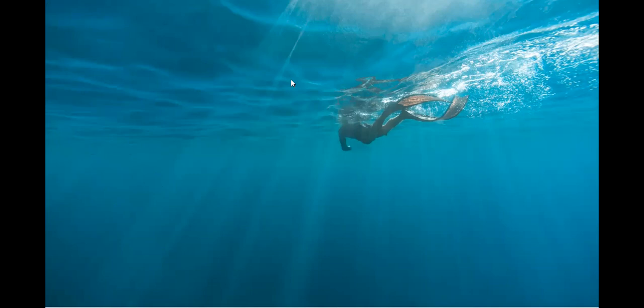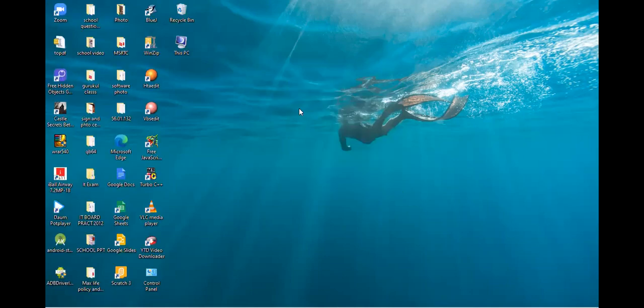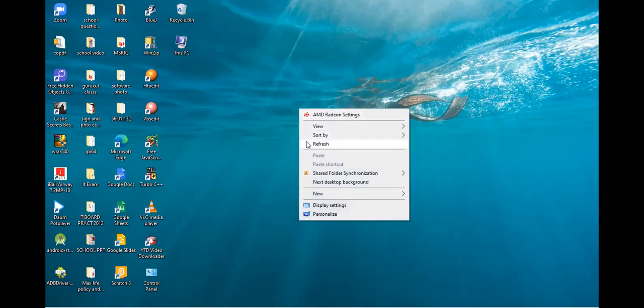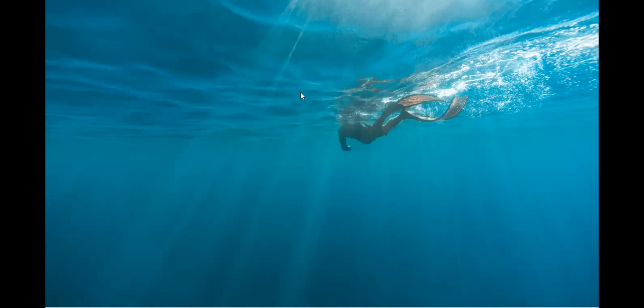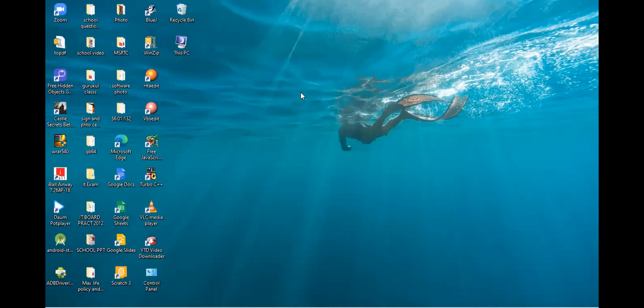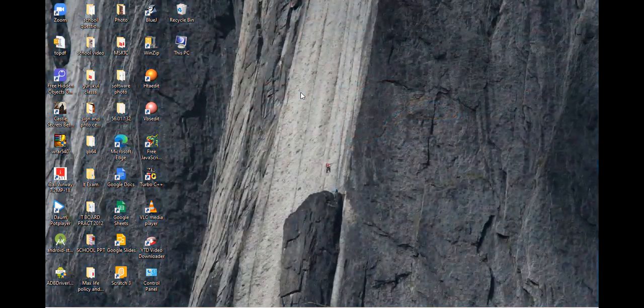Then refresh. What is the use of refresh? It is one kind of rejuvenation of the system, or refreshing the system. That means when your system, after being used continuously or for a long period of time, all the system services are processing one by one, and it will take some time. Now in desktop management, I have given 1 minute for the mouse pointer, and every 1 minute it will change the screensaver.